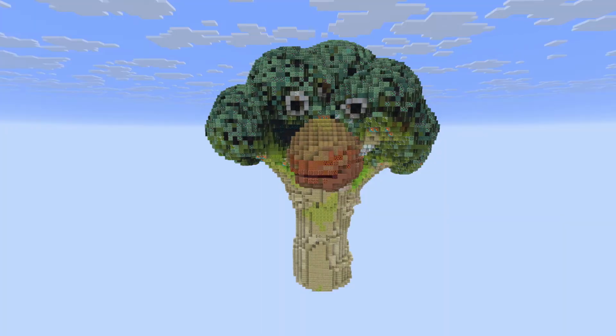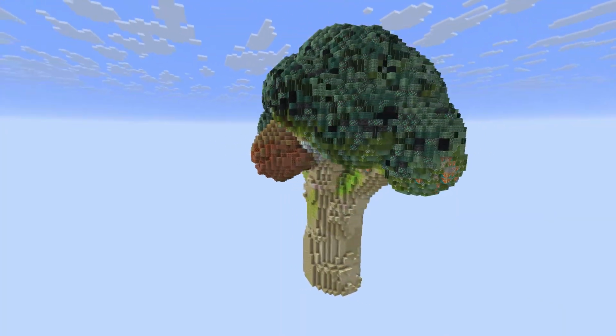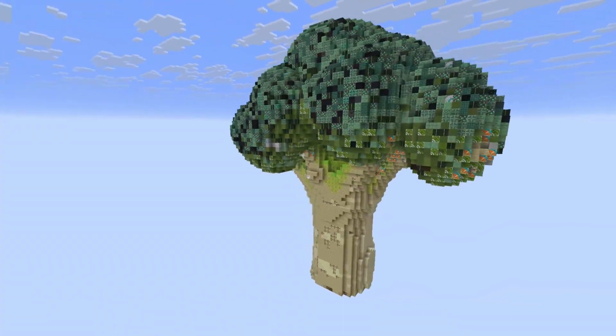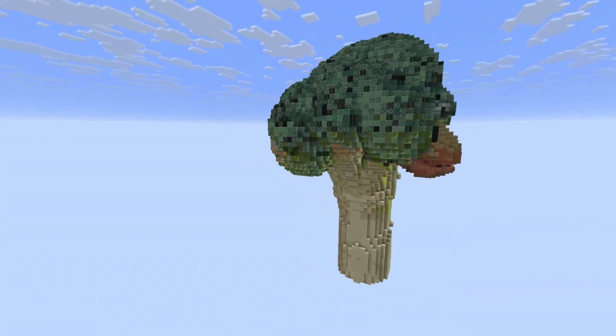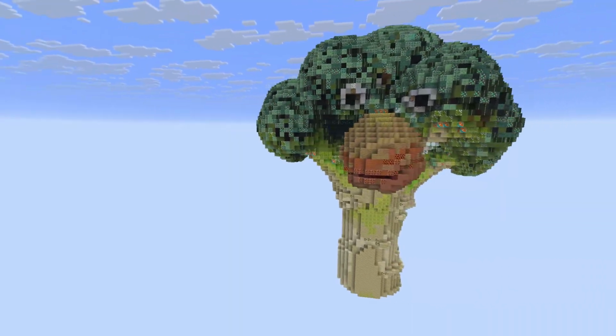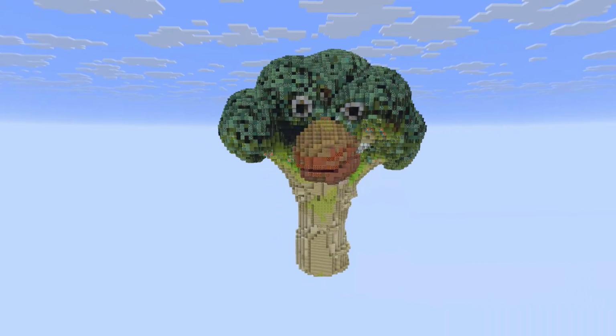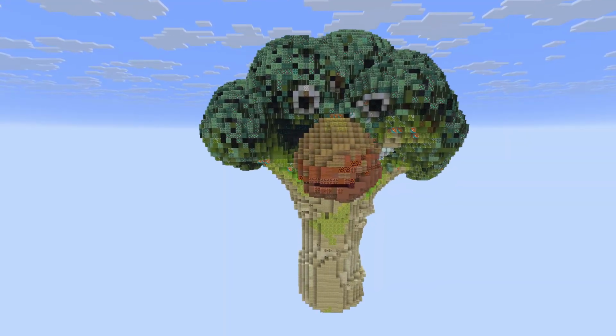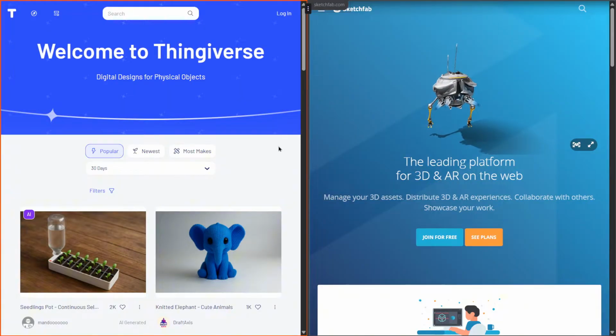Do you too want to have any object created in your Minecraft world, whether it be from a 2D image or even a 3D object you found online at the click of a button? Well, too bad. You can't do it at the click of a button, but you can do it in a matter of minutes, and I'll show you how to do that. Stick around. Now, the first and easiest option is to have a 3D object already available, and there are many